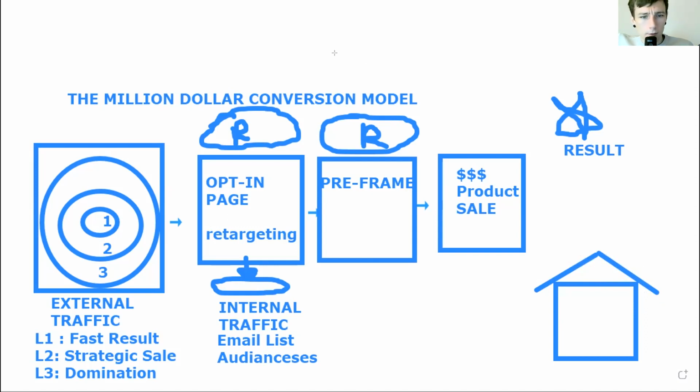Okay. And this is your hub, which is basically your home on the internet. This is basically who you are, why you exist, and why anybody should care. Now, what else we've got here in the $1 million conversion model is we talked about the result. We've got a light bulb here. And I'm going to share with you how you can get this as well, if you want it. But basically this means